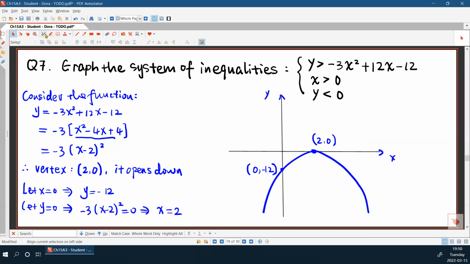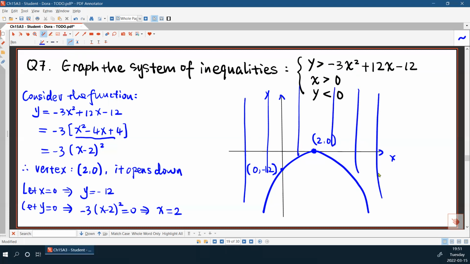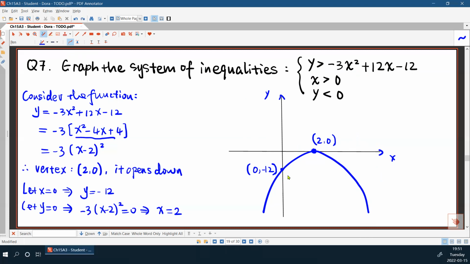Okay, next one. Remember, we need to sketch the area that corresponds to the inequality, right? The inequality states that y is above this curve. That means any region that is above this curve is the area we want. Actually, it's this area, right? You understand? Can you hear me? Okay, any area above this curve